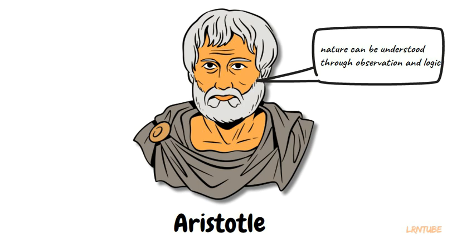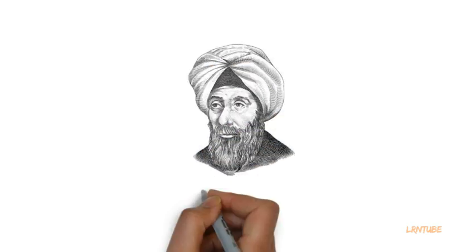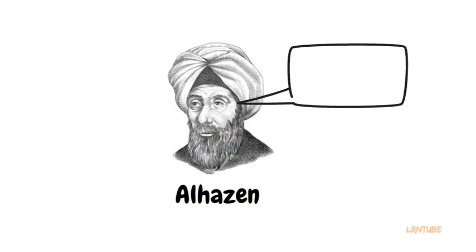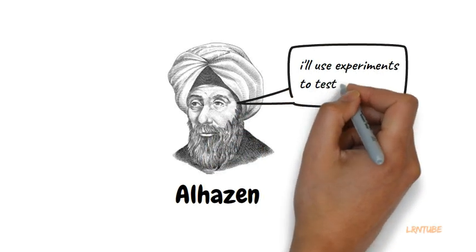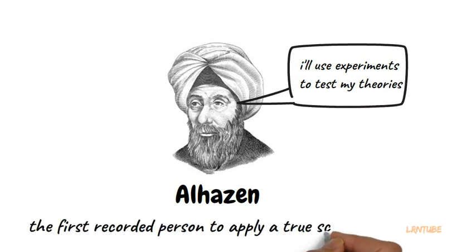Fast forward to the 10th century, and we have an Arab scientist named Al-Hazen. He used experiments to test his theories, especially in optics, making him one of the first persons to apply the